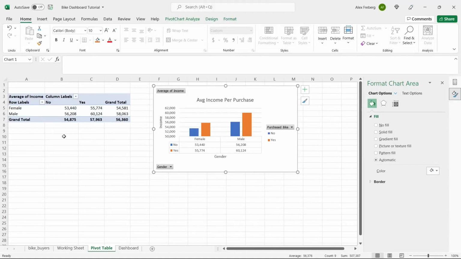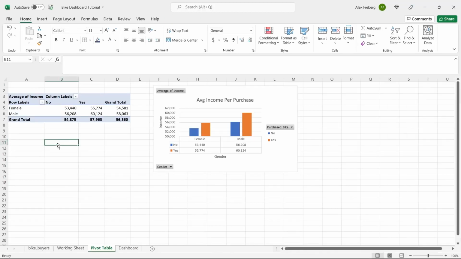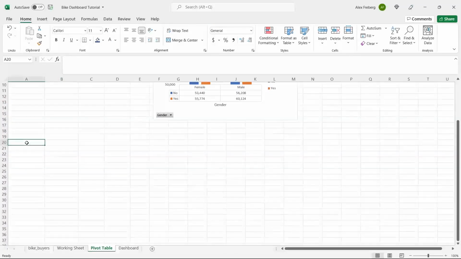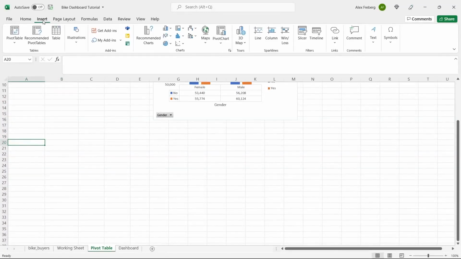So we created our pivot table, and then we created our visualization. That's basically exactly what we're going to do for all of these, because all of these need pivot tables in order to create the visualization. So let's get out of here. We're going to scroll down, and we're going to create our next pivot table. And once we get done with all of the visualizations that we need, then we will